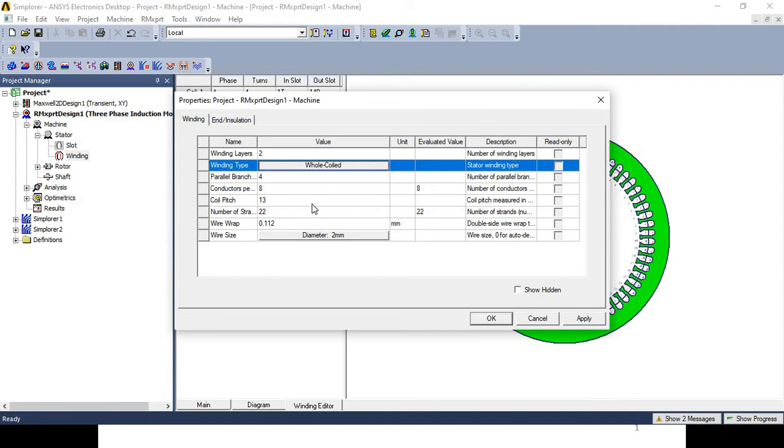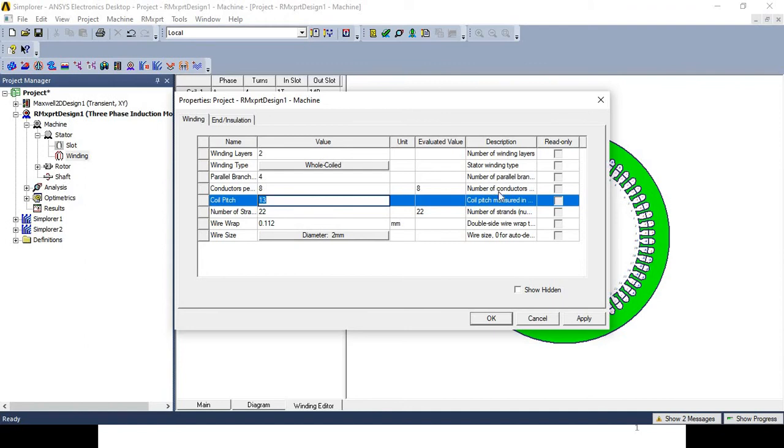Then coil pitch. So what is the meaning of this? Coil pitch is measured in number of slots. For this design, I had selected 13 as the coil pitch. Then number of strands. What is the meaning of this? Number of strands is the number of wires per conductor.